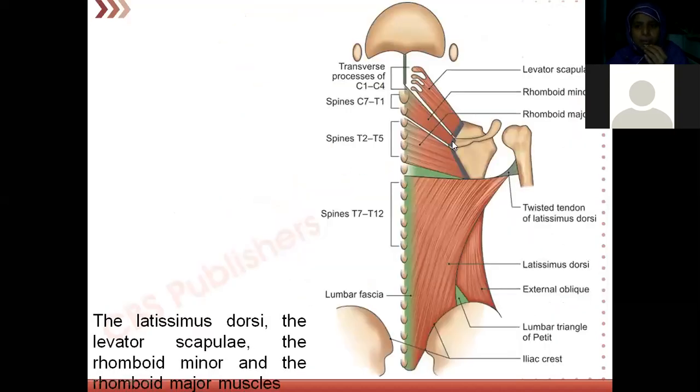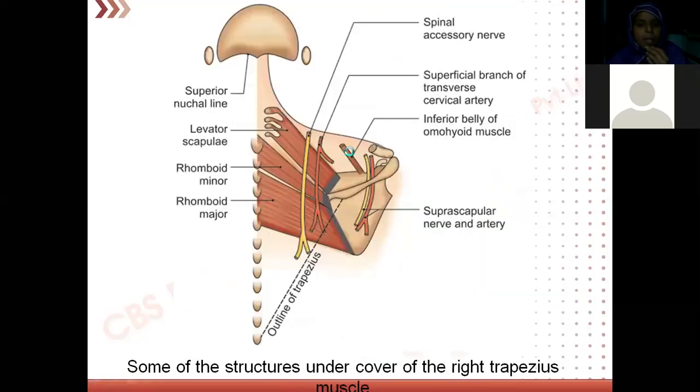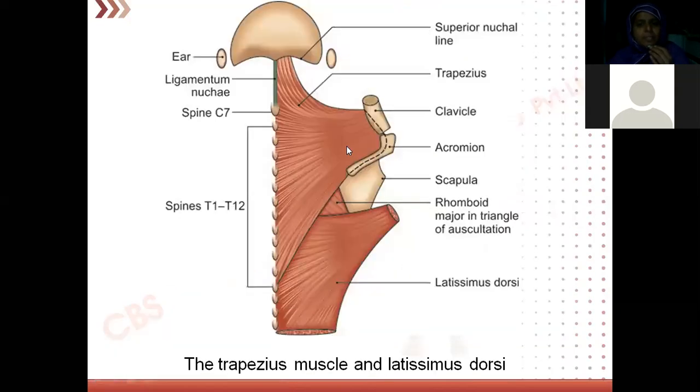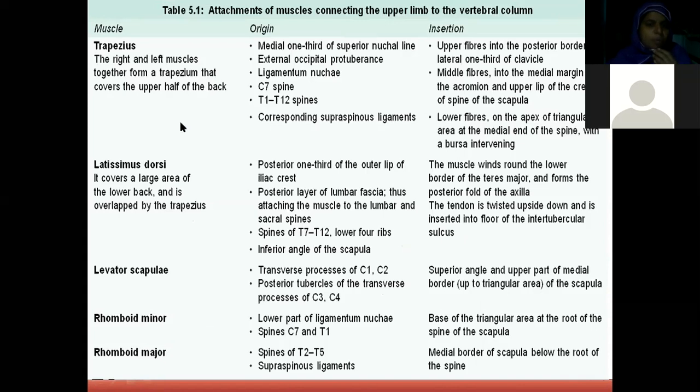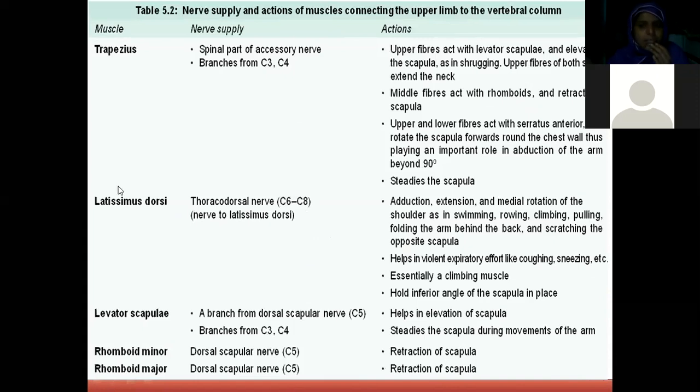This is the triangular area. Of course, this is the root of the spine and this becomes the triangular area. Well, let us go back just to see more details. This is from your textbooks only. Either you follow Chaurasia or Vishram Singh. Any one muscle, especially trapezius, is very, very important, which can come as a 5 marks question. But we can't say latissimus dorsi also may not come. But all these muscles, if you thoroughly understand the picture, automatically you will write the origin and insertion.